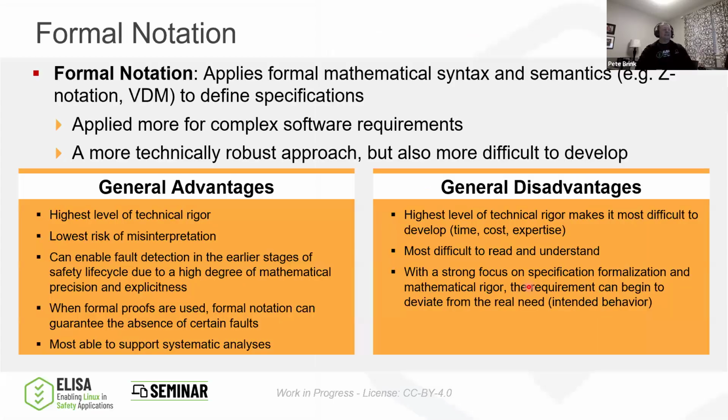The last of these, the only place I usually see formal notation is in things like satellites, where it's really, really difficult to make modifications. If anybody remembers when the Hubble telescope had a problem, it involved sending another shuttle trip out to the Hubble to make repairs. So we do formal notation when there is less opportunity to correct problems that are associated with what you're intending to build. So in automotive, formal notation is not recommended specifically.